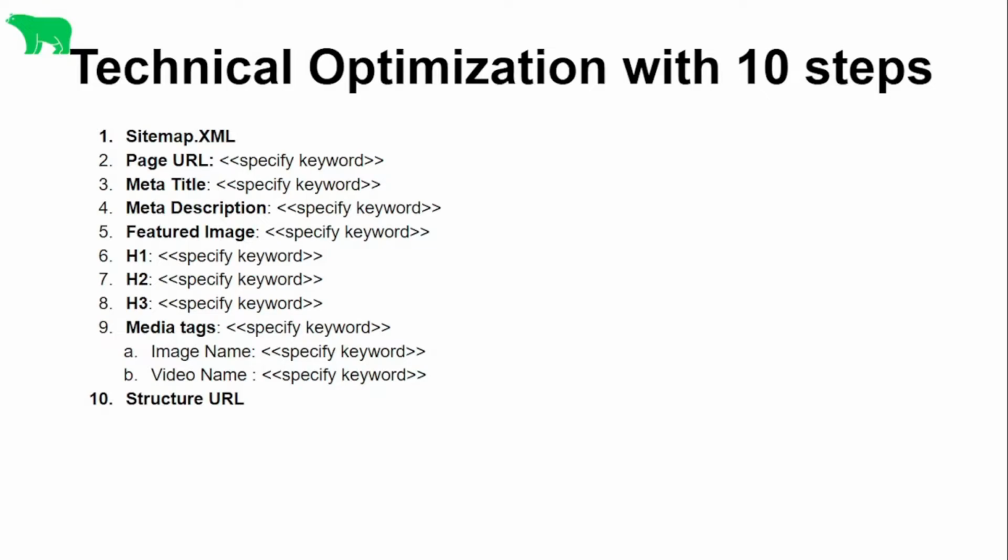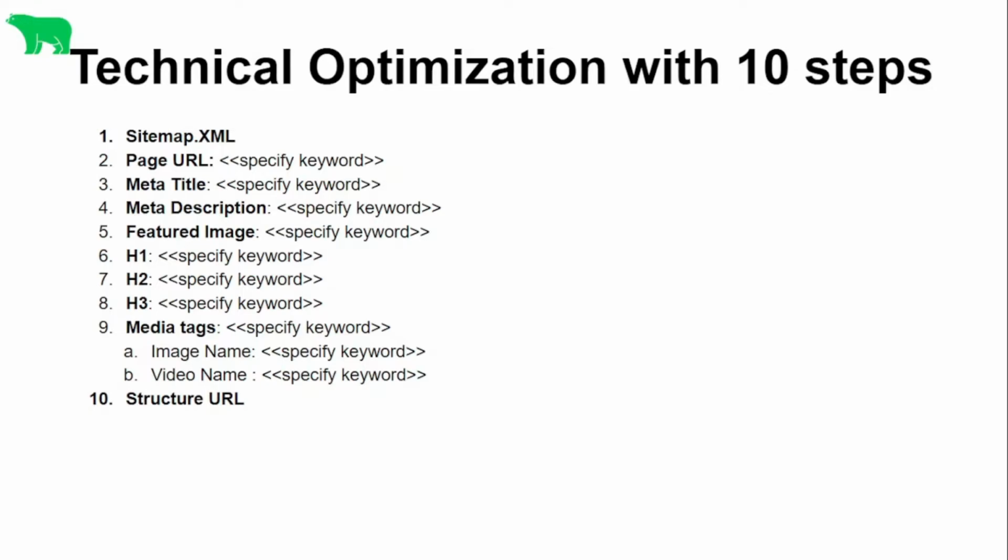The second one is page URL. Always try to use a keyword in the URL, for Google to understand that for a particular keyword, your URL is quite important and contextual. Meta title and meta description, I have already specified that you need to mention those keywords for which the content has been written, so that Google understands that your content is contextual for the user's intention.